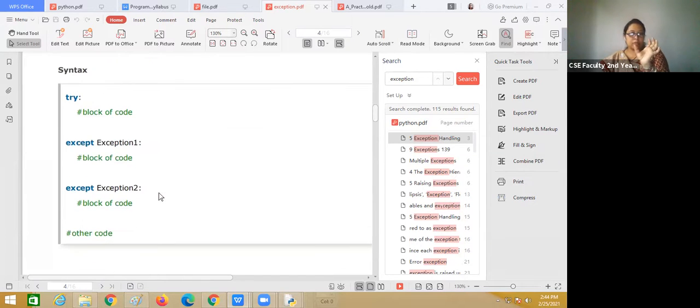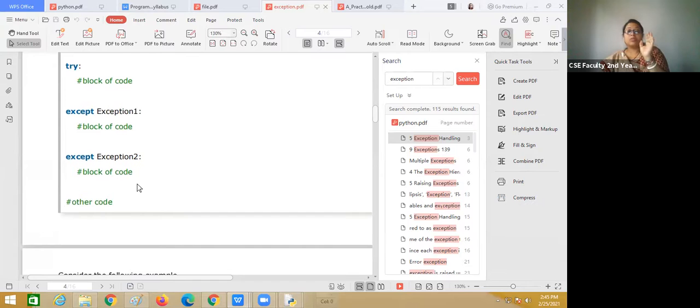This is the syntax of exception handling: try, block of code, then except exception 1, except exception 2. Suppose in the try block some condition arises, then it will go to exception 1. If another condition arises, it will give you exception 2. Likewise, you can give more than one exception.